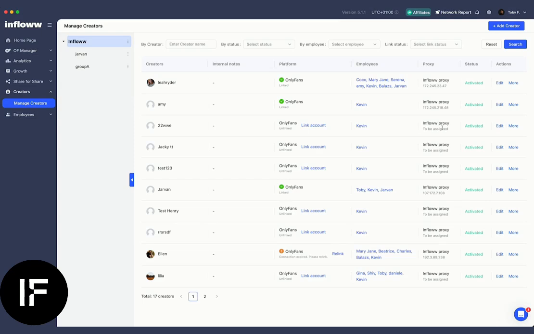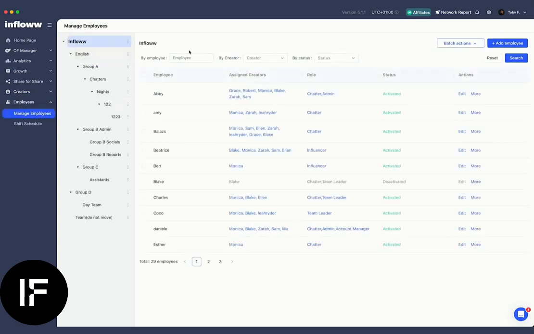We're powering, I guess, probably the largest creators on OF are coming through Inflow. So yeah, I think the community can validate a lot of what I'm saying, and it's coming from a good place. We just generally really appreciate and care for the people that are using our product. In terms of employees here, you can create different types of employees. You can assign them to different groups. So you can create kind of like a hierarchy in your organization. And then based on this hierarchy, you can create buckets where you might not want a team lead or a manager or even an employee, a writer to be able to see accounts that are not assigned to them or that are outside of their group.